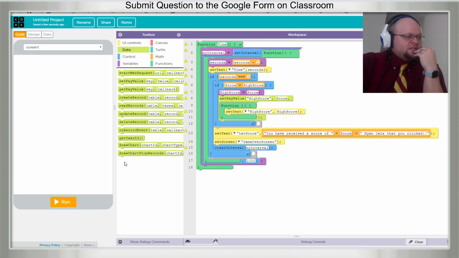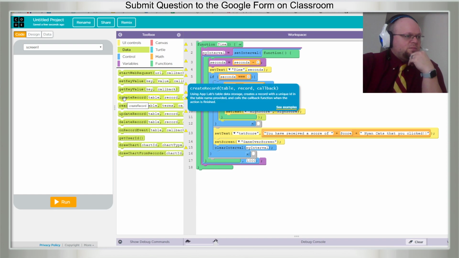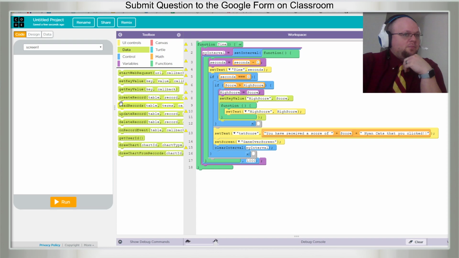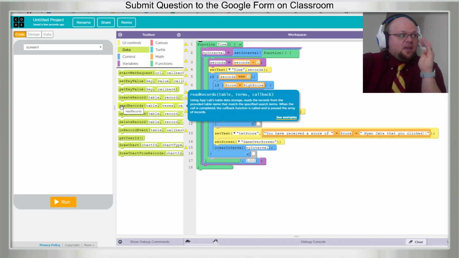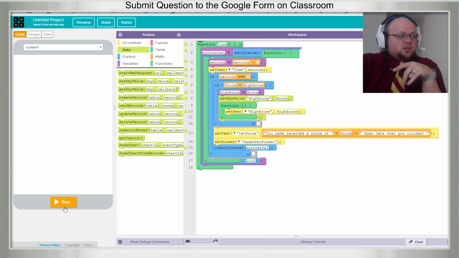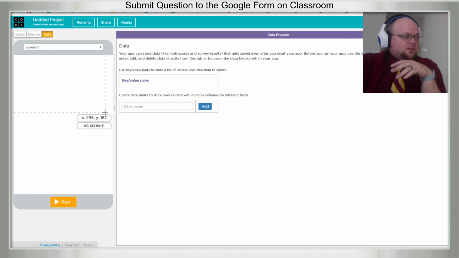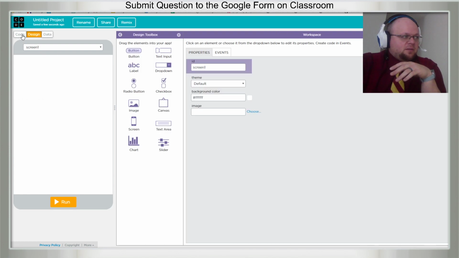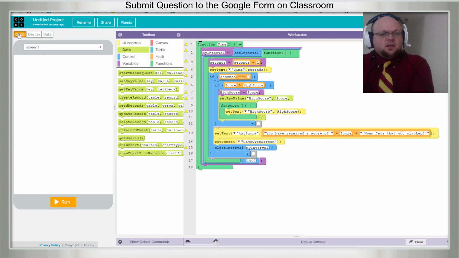yet, for some reason, they took that lesson out of creating records and reading records, where you actually have a place to store data that doesn't get wiped away when you refresh the program. I mean, you can go in and clear it. Here's data, and I'm pretty sure it's JavaScript object notation, but you